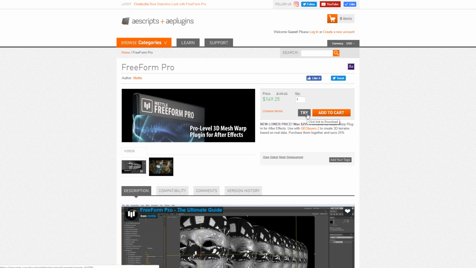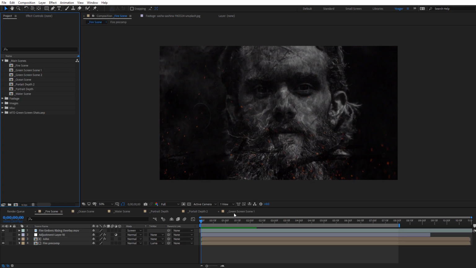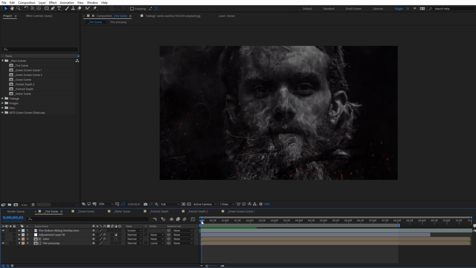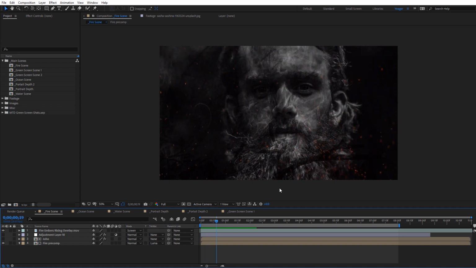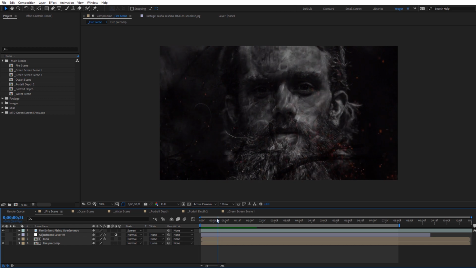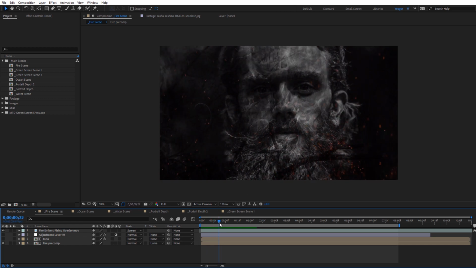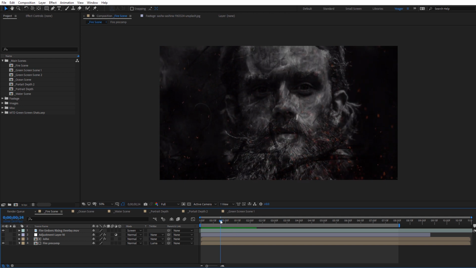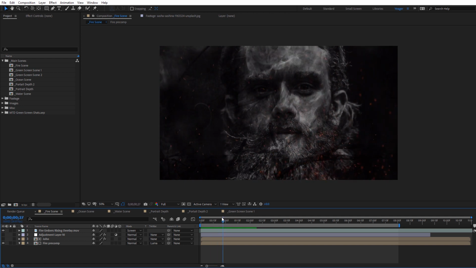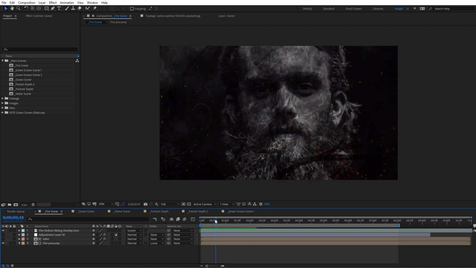Alright guys, this is a really fun tutorial, so let's just get started. The first scene I want to take a look at and recreate is this scene here. It's a double exposure effect, and this is really similar to the ones that were in the True Detective title sequence. But you can see we have some fire over the portrait face here, and you can see how the face is kind of being subtly displaced. You can see at the eye here how that's displacing based on the actual fire footage, and that's where Freeform Pro comes into play for that effect. You can also notice it here on the ear on the side there.